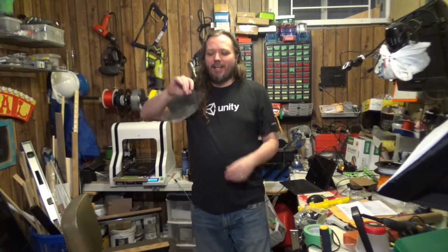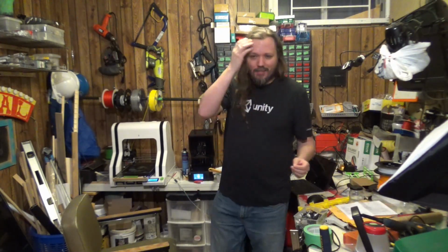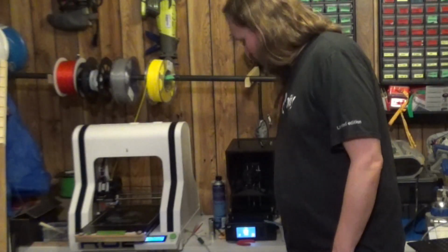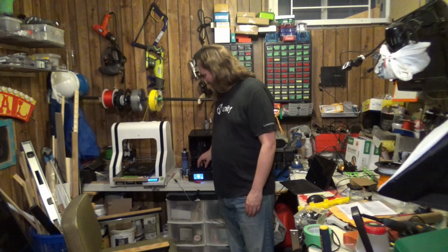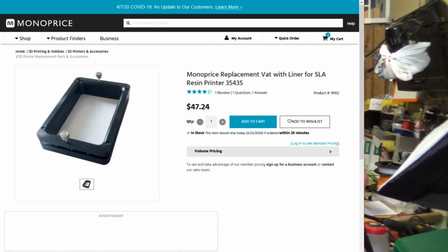And that little piece of plastic is quite easy to damage. So they recommend using plastic spatulas to scrape the bottom vats. This can and will scratch and or damage the vat lining at some point. Monoprice charges about $45 to $50 plus shipping for one of these replacement vats. Truth is, all you need